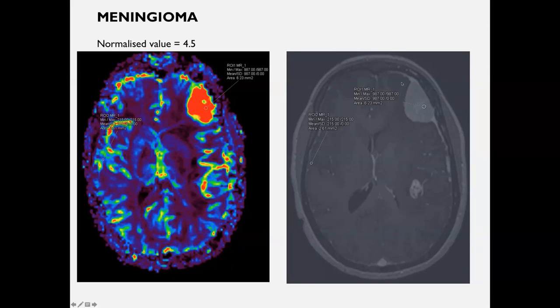See, this is a post-contrast T1. This is really red. I got 987 here and 215 here. By this ratio, I got 4.5. So I must say meningiomas, because they are morphologically not a problem with grade 4 gliomas, have similar values. They can have values as high as 8, 9, 10. Meningiomas are not a diagnostic dilemma after all, but just for the sake of perfusion, I am showing you the meningiomas, which usually give values parallel to grade 4 gliomas or even higher because they are really hyperperfused.